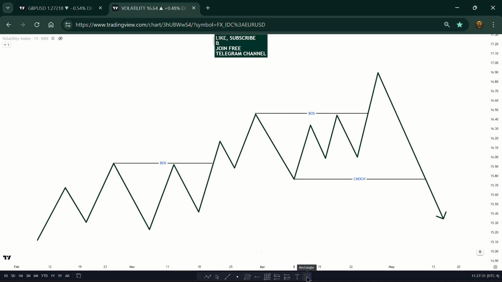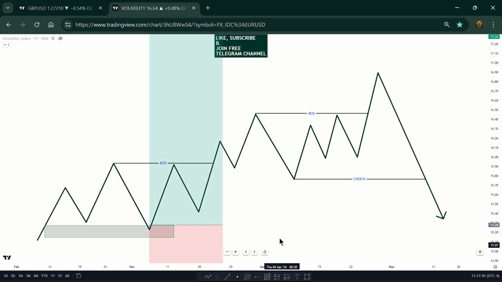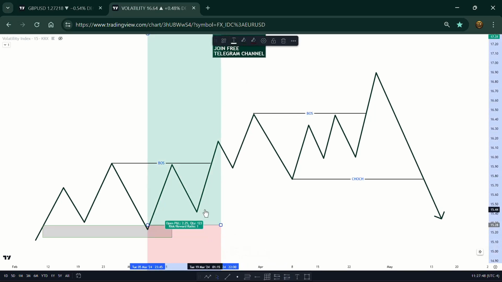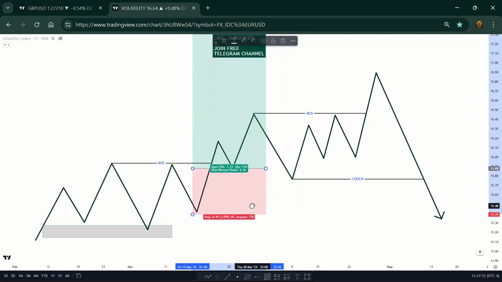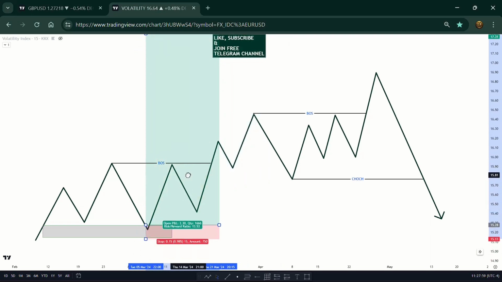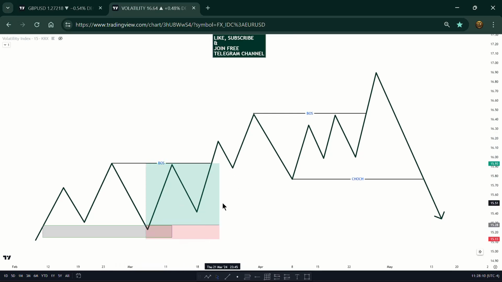On the analysis time frame, when we are talking about entries, if you entered a trade somewhere here, you're expecting the market to go all the way to the break of structure. Okay, that is the analysis time frame. If there's an order block or a fair value gap or anything that you use as a POI, you're expecting the market to go all the way up to break structure to the upside,